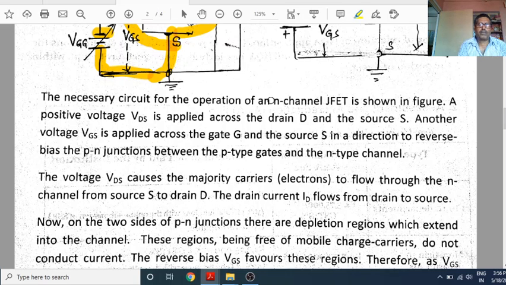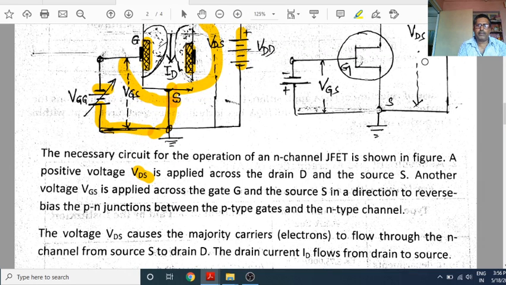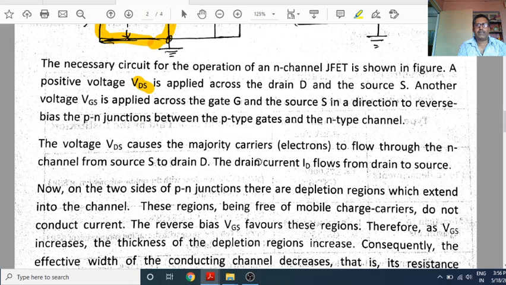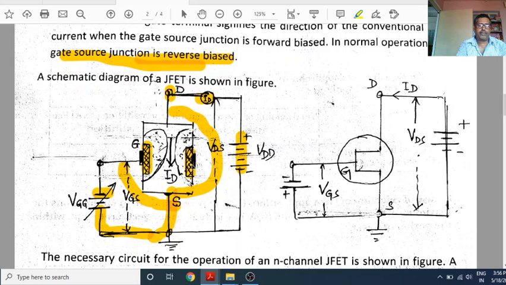The necessary circuit for the operation of N-channel JFET is shown in the figure. A positive voltage VDS is applied across the drain and source, this one. And another voltage VGS is applied across the gate, this one, in a direction to reverse bias the PN junction between the P-type gate and N-type channel. The voltage VDS causes the majority carriers to flow through the N channel from source to drain. Here this is source, this is the N bar.